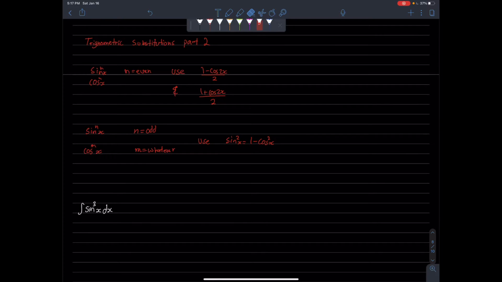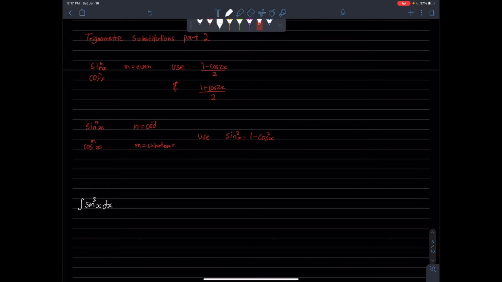Hello guys, this is part 2 of trigonometric substitutions for taking integrals, and in this one I'm going to show you a trick to allow you to solve integrals such as sine cubed x and so on. So the trick is whenever you see, let's say you have sine to the power of n of x, like you have sine x to the power of n or cos x to the power of n, in this form,